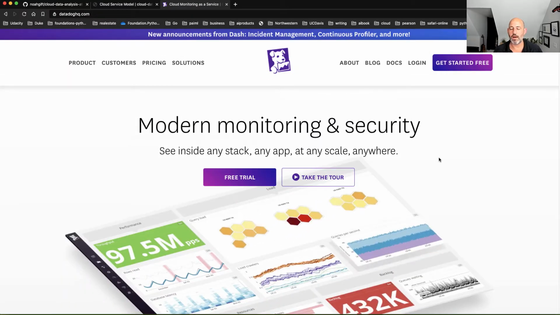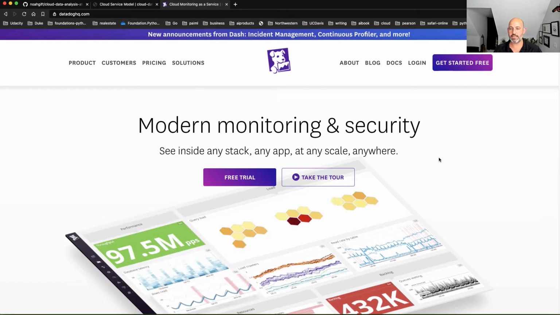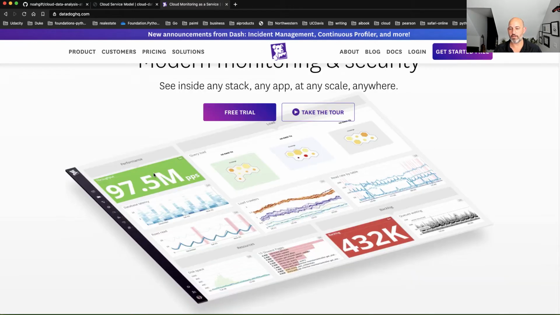Good example, right? And why would somebody do this? You can't solve this problem at the same time as doing the problem that you're doing at your company, like building a content management system, or selling mobile apps, or building whatever it is you're building. You don't want to also spend time here. If, let's say, it costs you $500 a month to use their software, it's actually a great investment, right? It's really the concept of opportunity cost. You want to spend your time on the things that matter and delegate this stuff to other people and pay them a few hundred dollars a month. So that's really the core concept of software as a service.